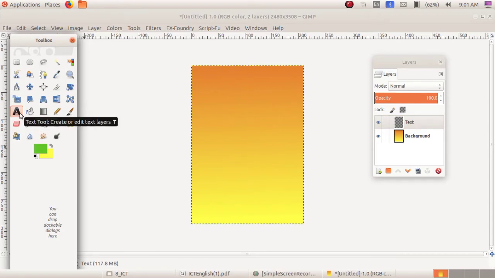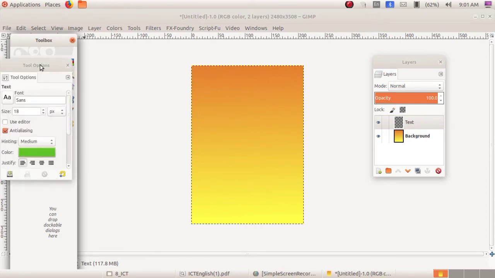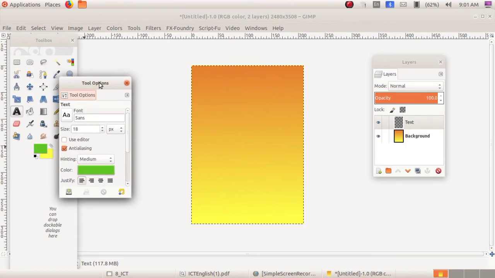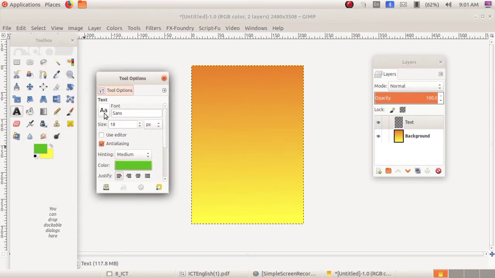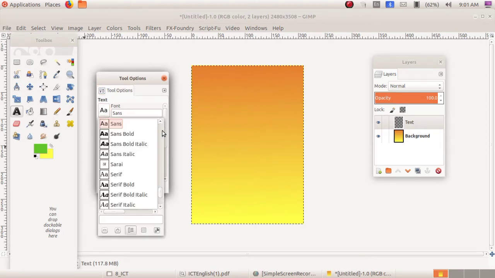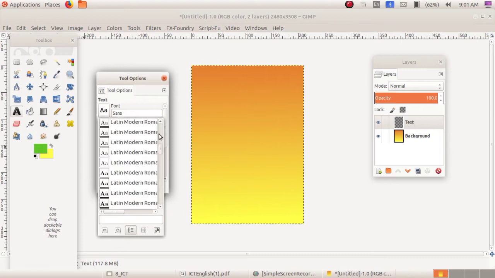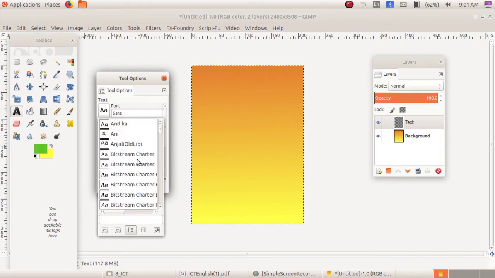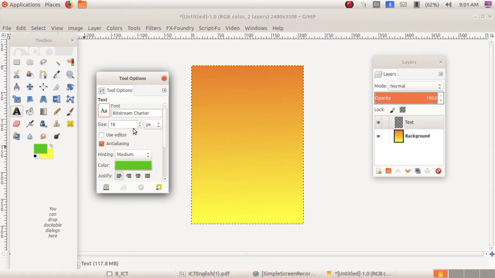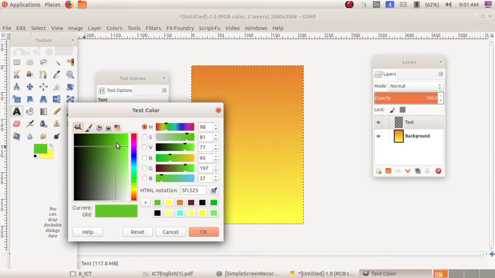By double clicking this text tool, you can see the tool options window. In this window, you can change the font style, any font. Then you can increase the font size. You can change the color.